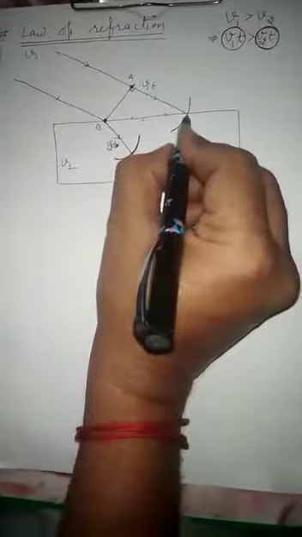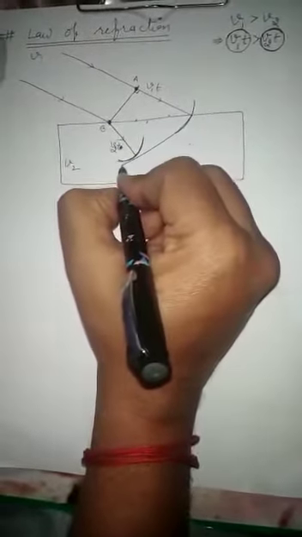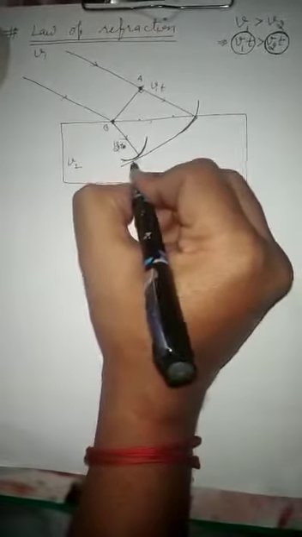If we draw a common tangent on this surface, this becomes a refracted wavefront. And this is the incident wavefront. So here in this case,